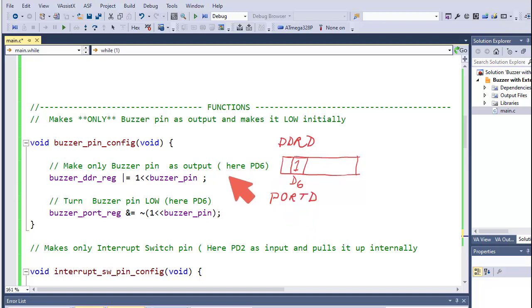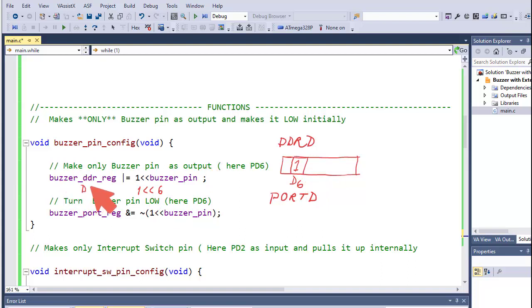The buzzer is acting as an output here, so the corresponding bit, that is D6, should be set as logic 1. To set the D6 bit only, keeping all other bits unchanged, I have used the shifting operator here. In this case I may write 1 left shift 6. This will provide D6 logic 1.